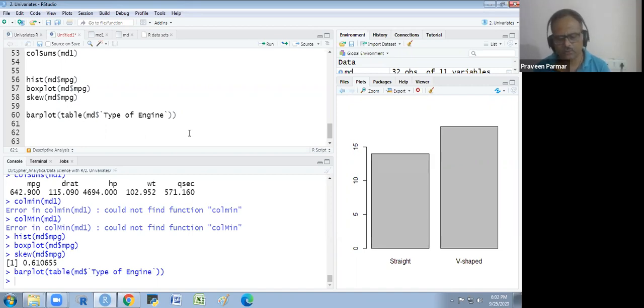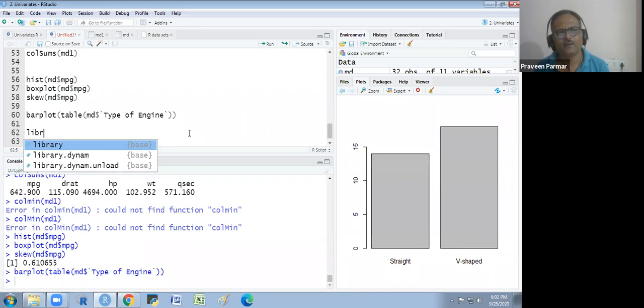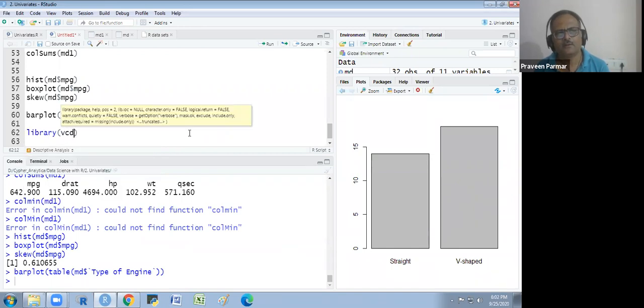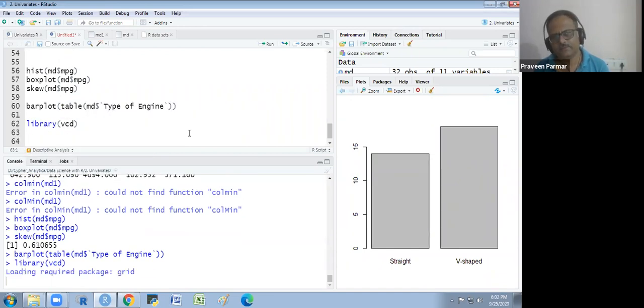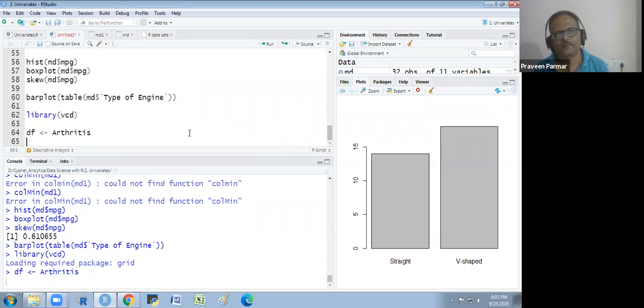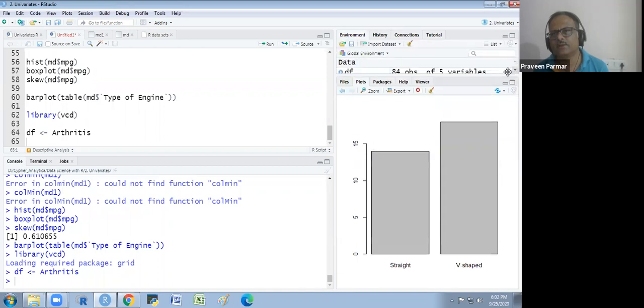So first I import the vcd library and I run this, and now I will call that data set Arthritis. I am giving the name df to that data frame Arthritis. So this data set I have got. I will show you the description of that data set.